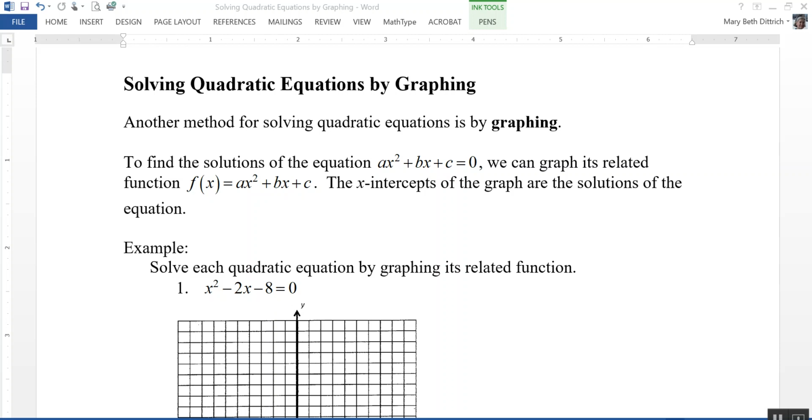This video is on solving quadratic equations by graphing. Another method for solving a quadratic equation is to graph it. To find the solutions of the equation ax squared plus bx plus c equals 0, we can graph its related